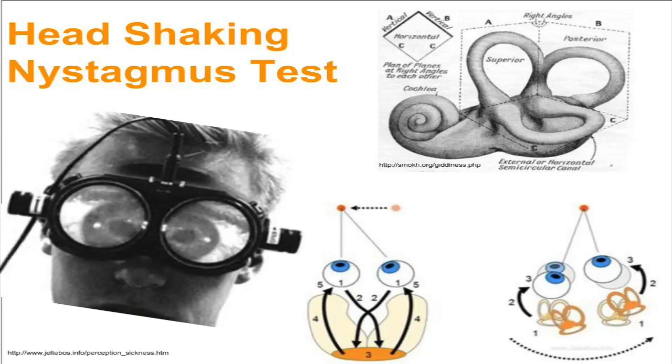After Frenzel lenses are donned, grasp the patient's head and perform a chin tuck of approximately 30 degrees to adequately stimulate the horizontal semicircular canals. The clinician will then proceed by shaking the patient's head side to side 20 times at approximately 2 Hz. At 20, the patient should be instructed to open their eyes so the clinician can observe the occurrence of any